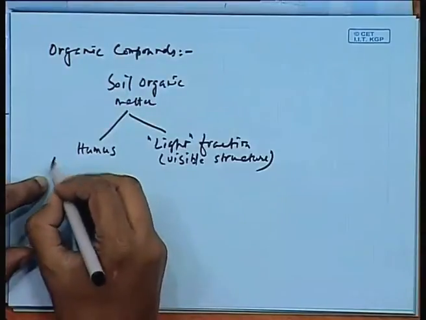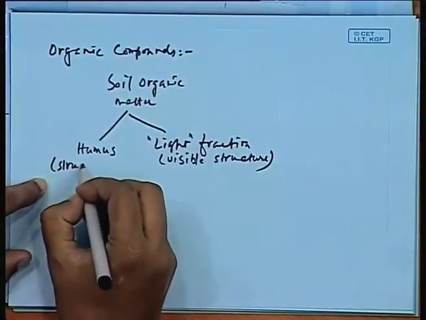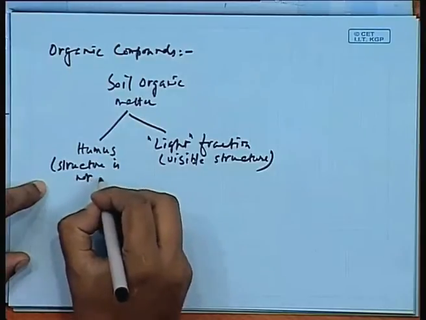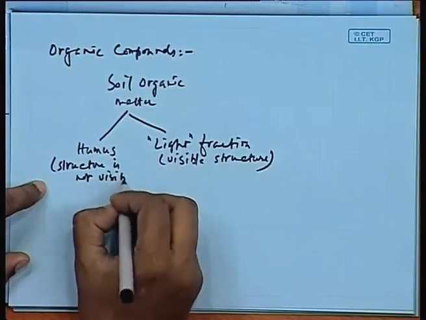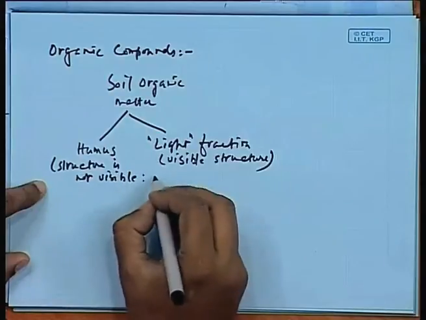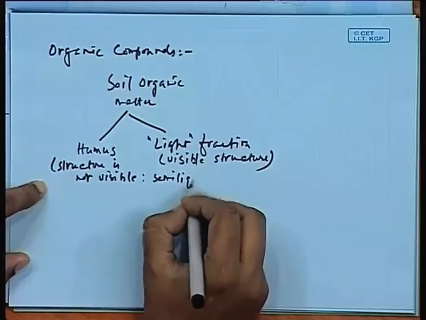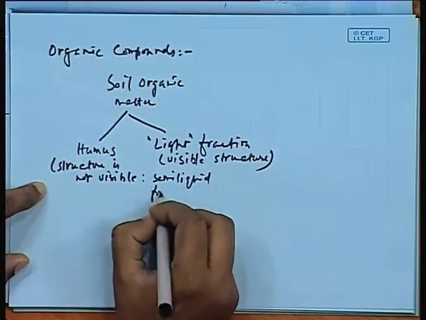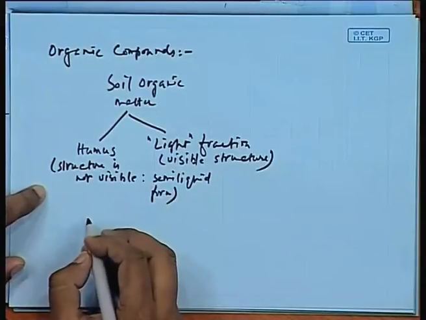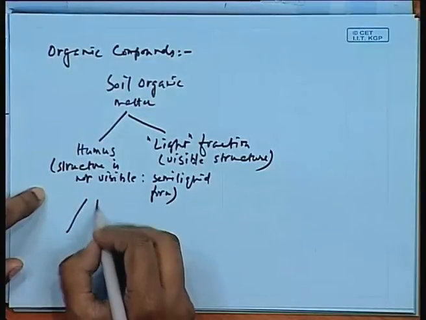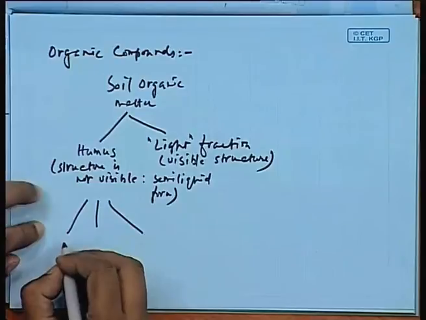So one is the light fraction where the structure is visible, and in the other case the structure is not visible, in a semi-liquid form. This humus is essentially composed of fulvic acid,